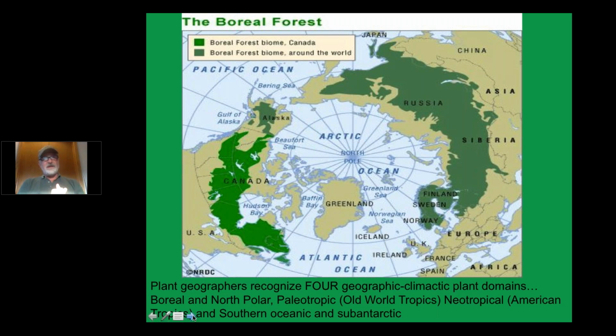Now, there's different ways to categorize forests around the world. We'll talk about a couple of them tonight, not a lot of them. But the geographic climatic is the main one. These are the areas of the world that have a similar climatic regime, and each climatic regime will have different plant community types associated with it, from the boreal and north polar forests,